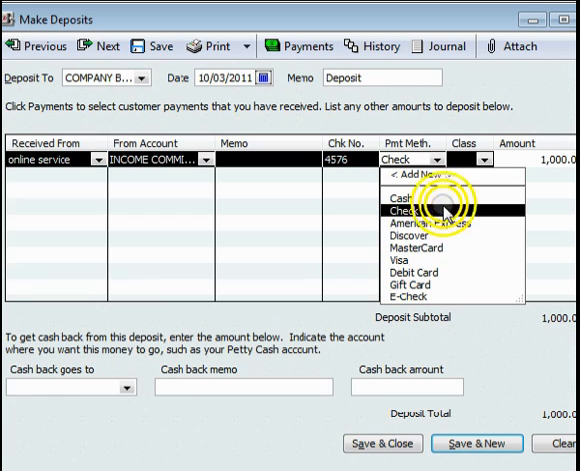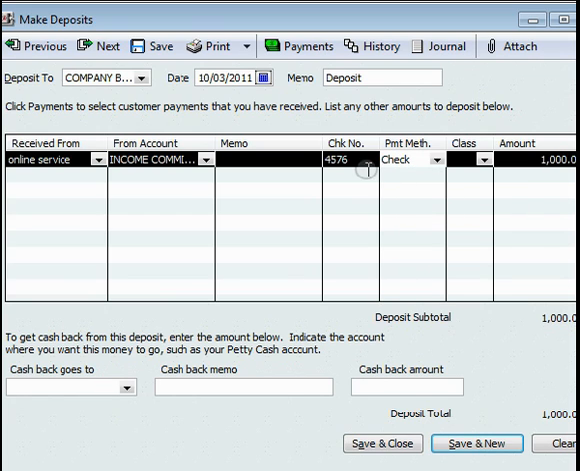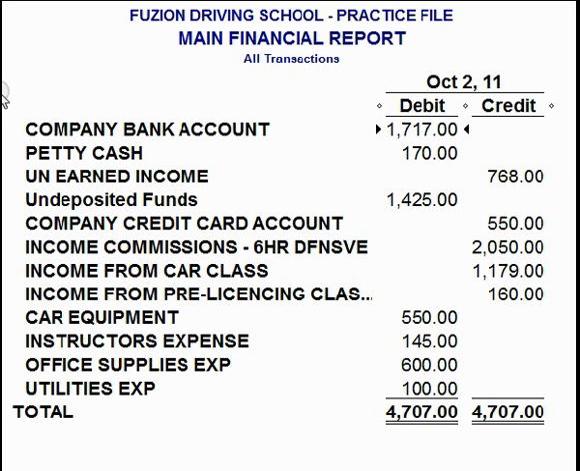And of course, it might help by claiming the payment method is the check. So now we have the what, the when, the who, the why, and the how much. And when we click Save and Close, the results should be as we predicted. Yes, the company bank account has gone up to $1,717, and the income from commissions for the 6-hour defensive